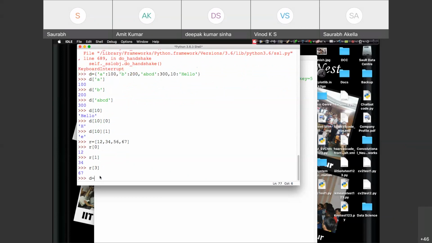What if I write it like this? D is equal to curly braces. Just try to understand this.